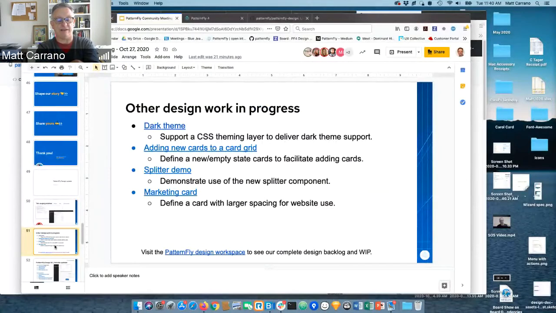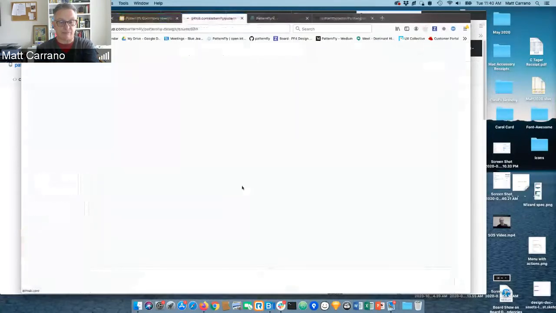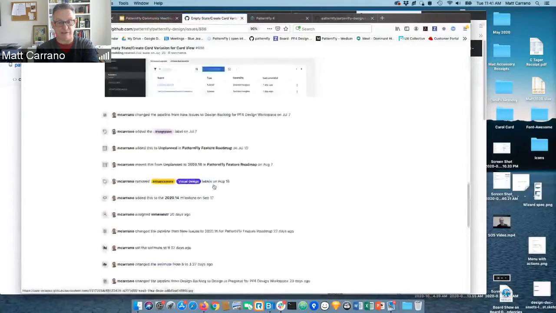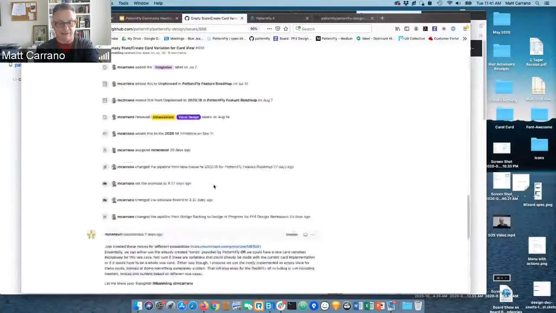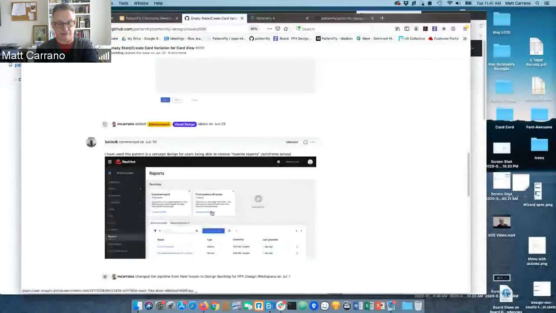So as I said, dark theme is kind of an ongoing effort where we're looking at presenting a CSS theming layer to allow you to present a dark theme PatternFly UI, and hopefully further down the road, additional theming. We've been working on defining just an empty state for a card grid, this type of thing where you can have